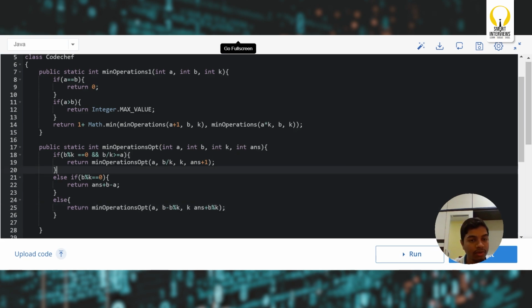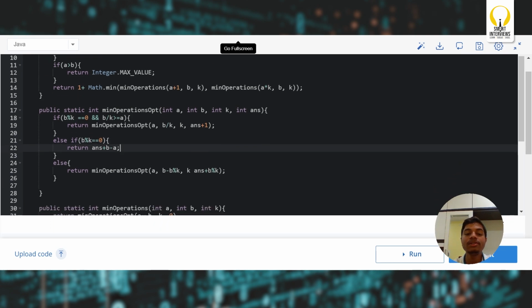So let us go back to it once again. If b mod k is 0 and b by k is greater than or equal to k, I'm going to return minimum operations with reduced value of b by k, and answer plus 1. If b mod k is equal to 0, you're going to return answer plus b minus a. This is the number of operations. Or else you're going to return minimum of a comma b minus b mod k comma k, where k remains as it is,